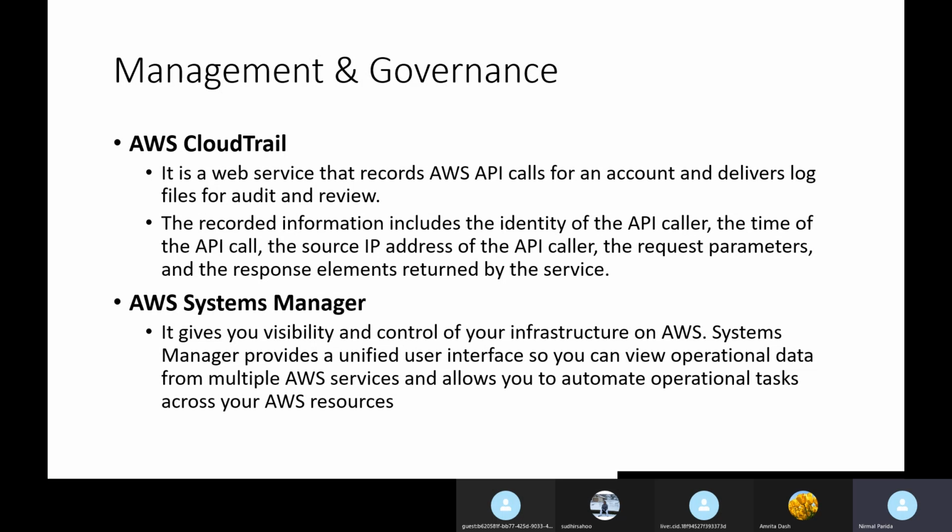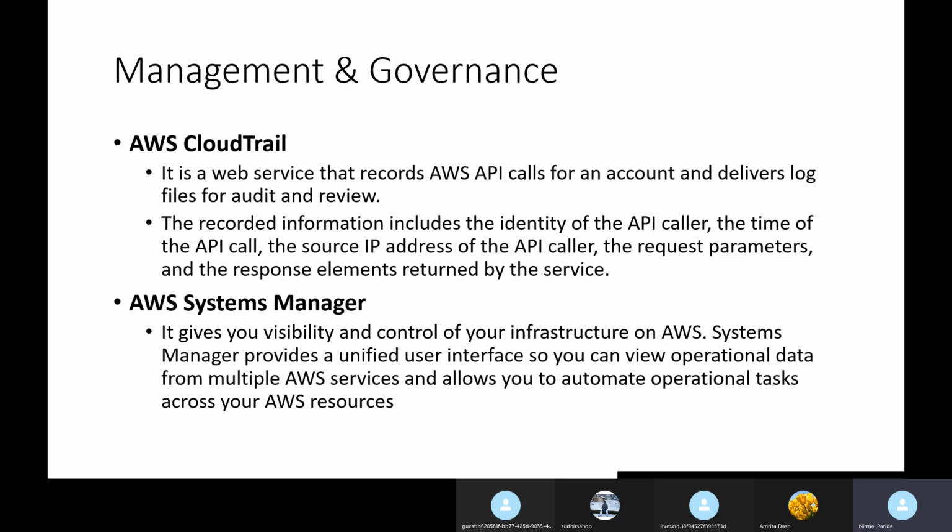AWS CloudTrail is a web service that records your AWS API calls for an account and delivers log files for audit and review. Whatever work happens in a particular account, those API calls will be recorded in the CloudTrail service.